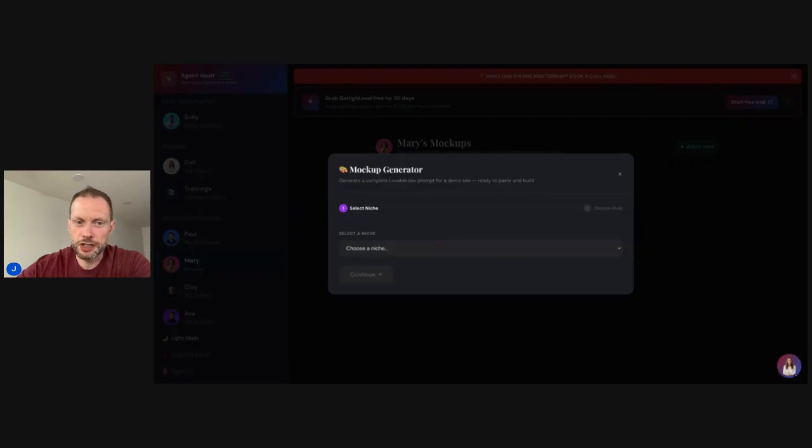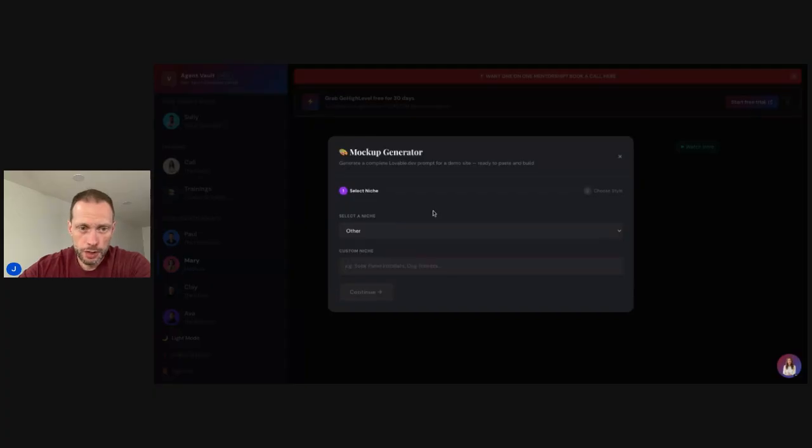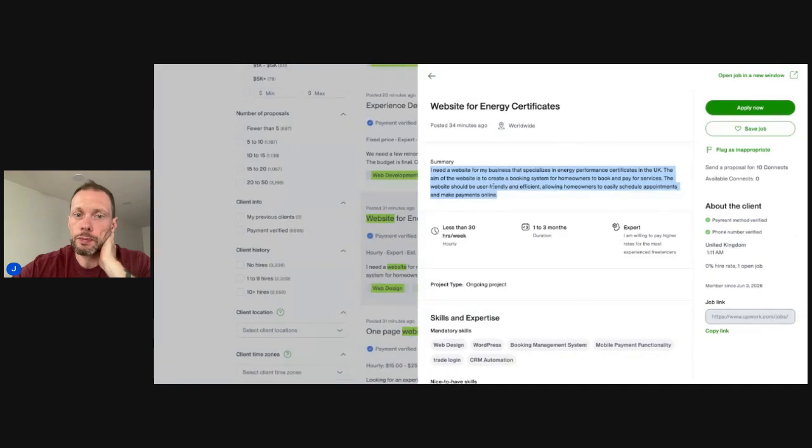My suggestion on this is if it's one of these niches, just pick the niche. I can use other, and say it's for energy certificates, or whatever. The problem is it probably won't work, because it's not one of the niches, so it doesn't know what kind of template and stuff to use. It does know how to build a website, but I would prefer to be able to paste in the project